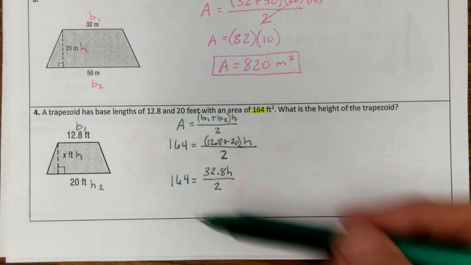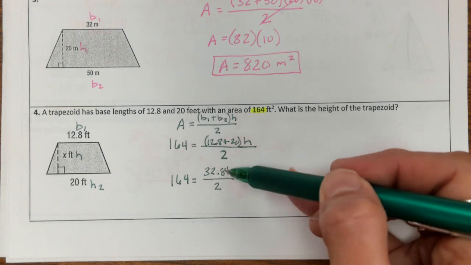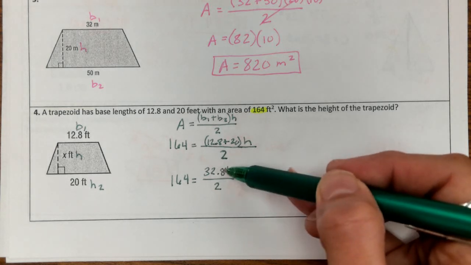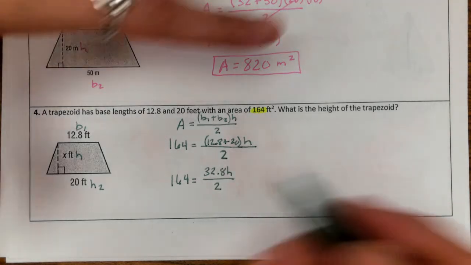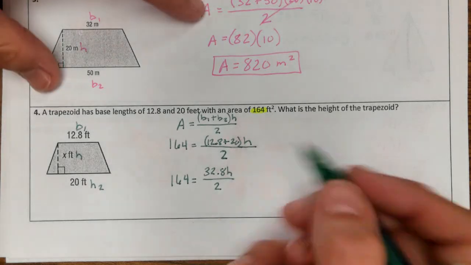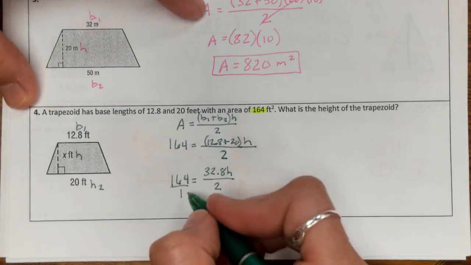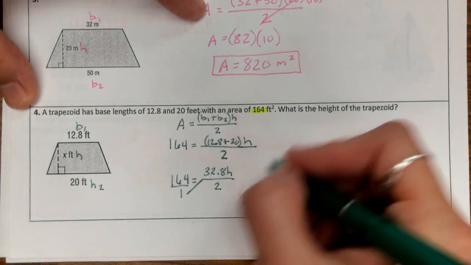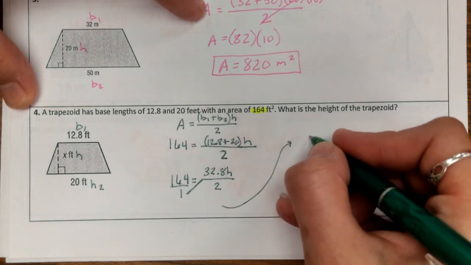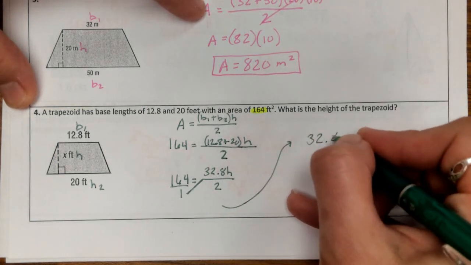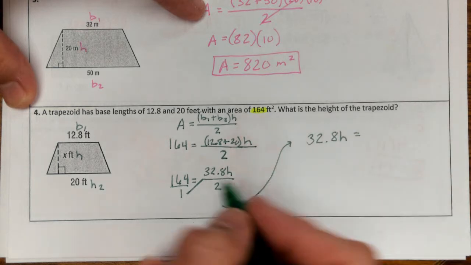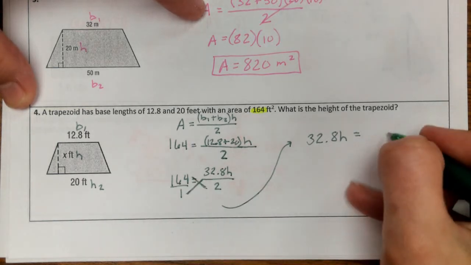You can go ahead and do this a couple different ways. You can divide this out, 32.8 by 2, and then work backwards from there and divide. Or we could just set it up as a proportion like we've seen here. Okay? So cross multiplying here, we're going to have just times 1, so we get 32.8h is equal to 164 times